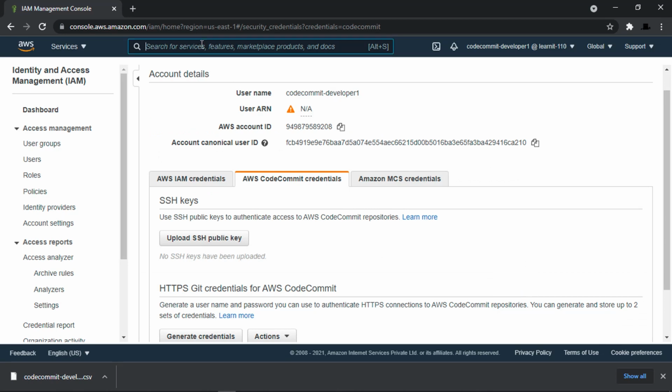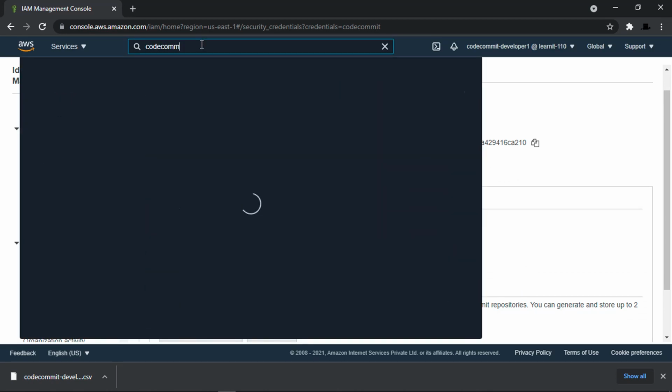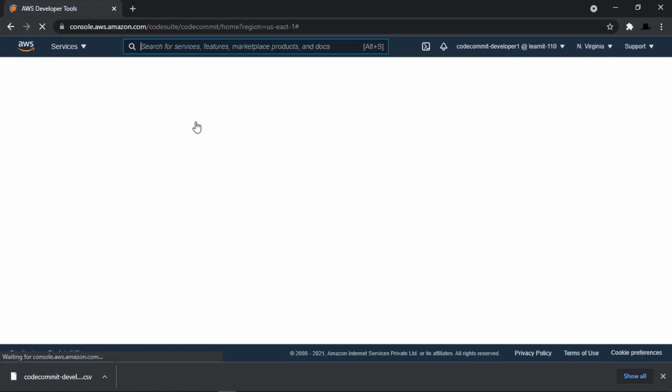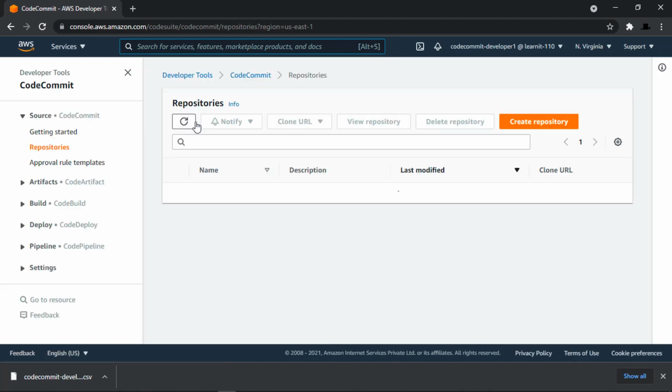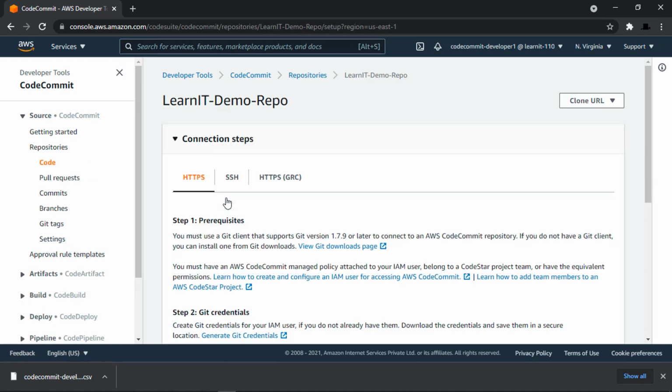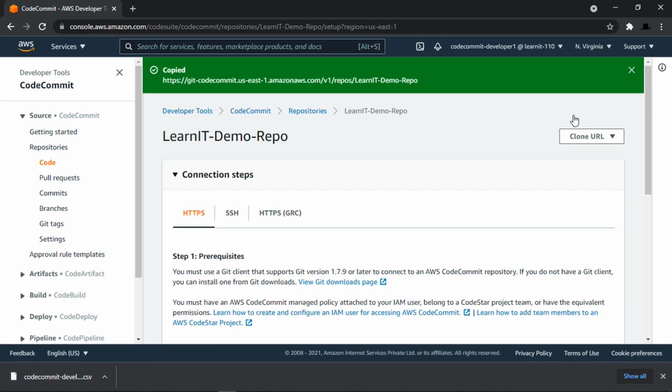Now let's go to AWS code commit and clone the repository. So guys, you can see here we have the repository, and for HTTPS we can copy clone HTTPS. So now we have copied the cloning URL.